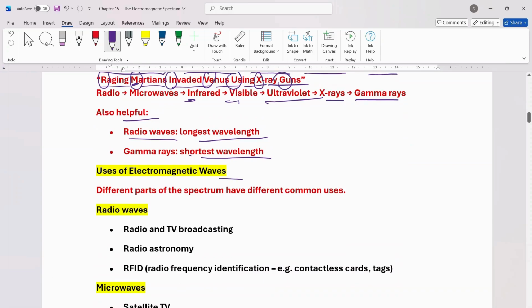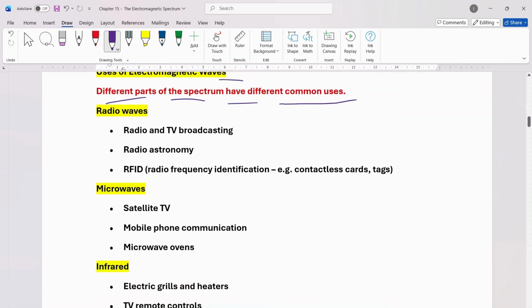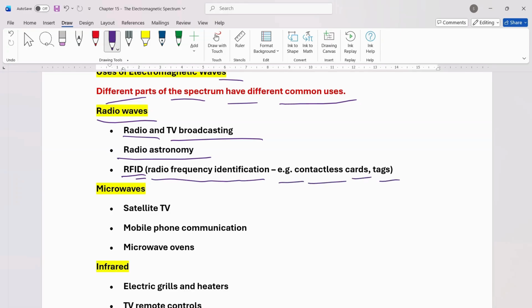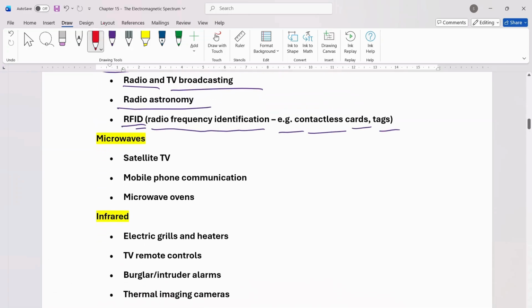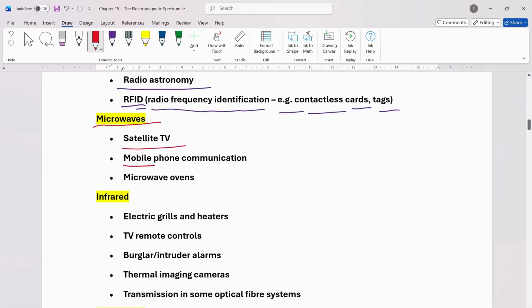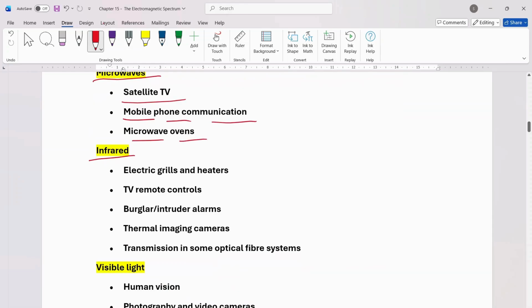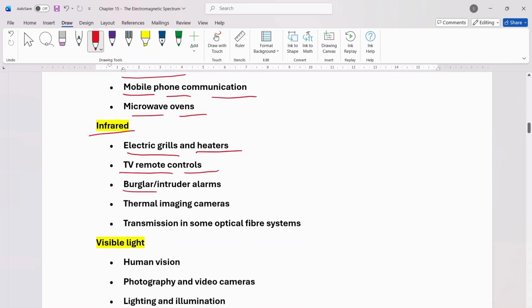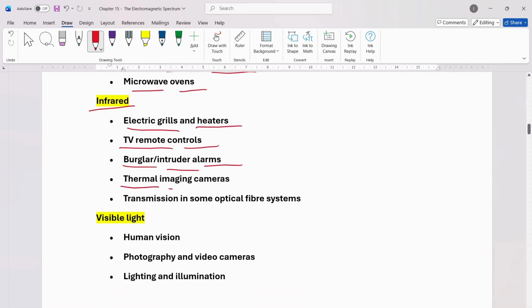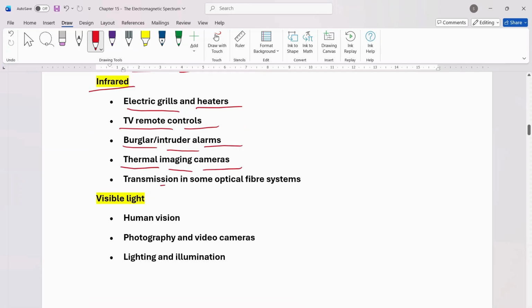Use of electromagnetic waves. Different parts of the spectrum have different common uses. Radio waves: radio and TV broadcasting, radio astronomy, RFID, radio frequency identification, for example contactless cards and tags. Microwaves: satellite TV, mobile phone communication, and microwave ovens. Infrared is used in electric grills and heaters, TV remote controls, burglar intruder alarms, thermal imaging cameras, transmission in some